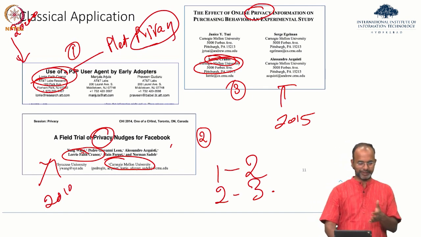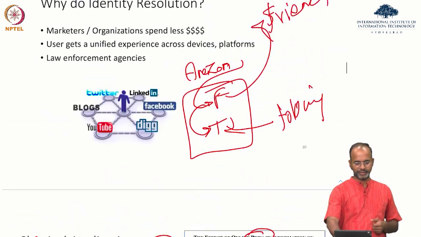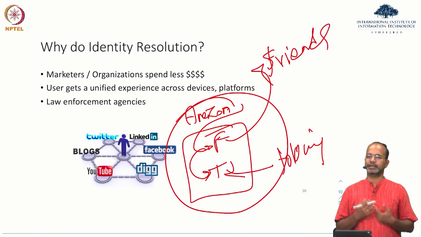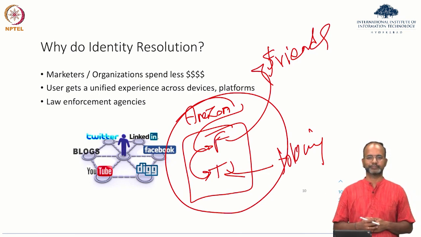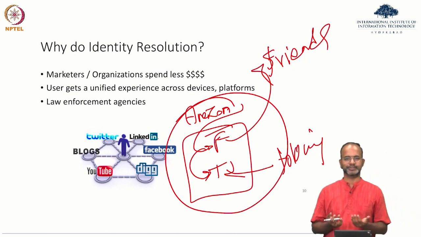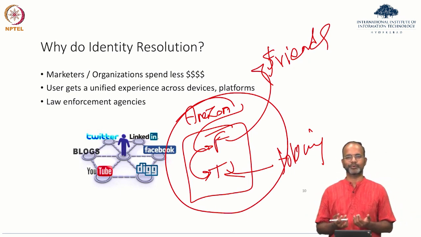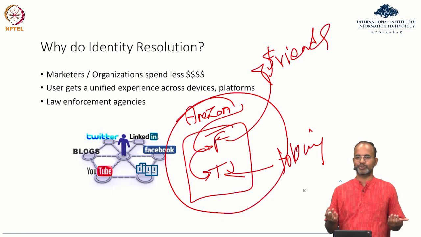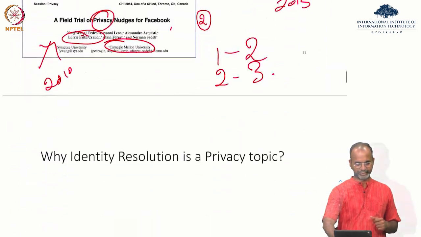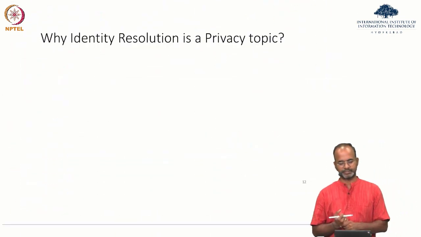This problem is definitely hard. It's not that trivial, so to say. If you go to the social platforms, it gets much harder. At least here, for Lorrie Cranor and Lorrie Faith Cranor, you can find overlaps in the edit distance, but for just Punguru and Prof Giri, it's super hard to go from one to the other or figure out that it's the same person. Why is identity resolution a privacy topic?